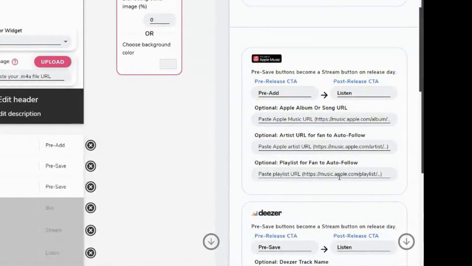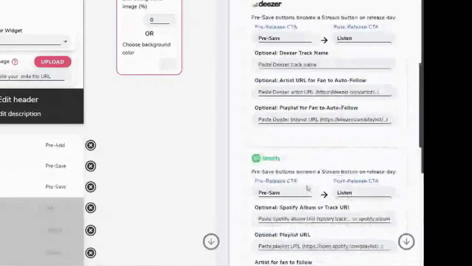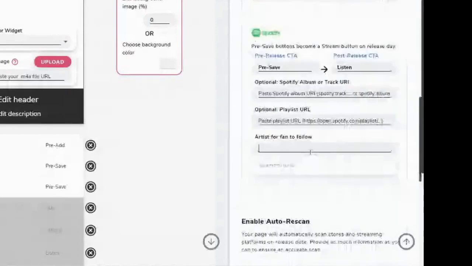The rest of these are really built for certain companies that are able to get some of the stuff in advance. Sometimes some folks are able to get the actual album URL long before most other people. So you can override and put that inside of here. You can also add in artists to follow, playlists to follow, stuff like that. But what I want to show you that's pretty unique about found.ee